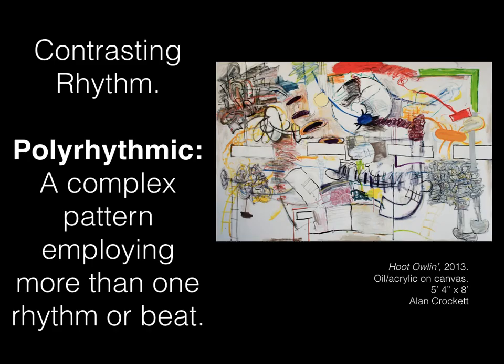All right, final type of rhythm, contrasting rhythm. We have an example here of polyrhythmic rhythm, a complex pattern employing more than one rhythm or beat. In the last piece by Louise Bourgeois, it was one movement going back and forth, repeating shapes. This one by Alan Crockett, called Hoot Alan,